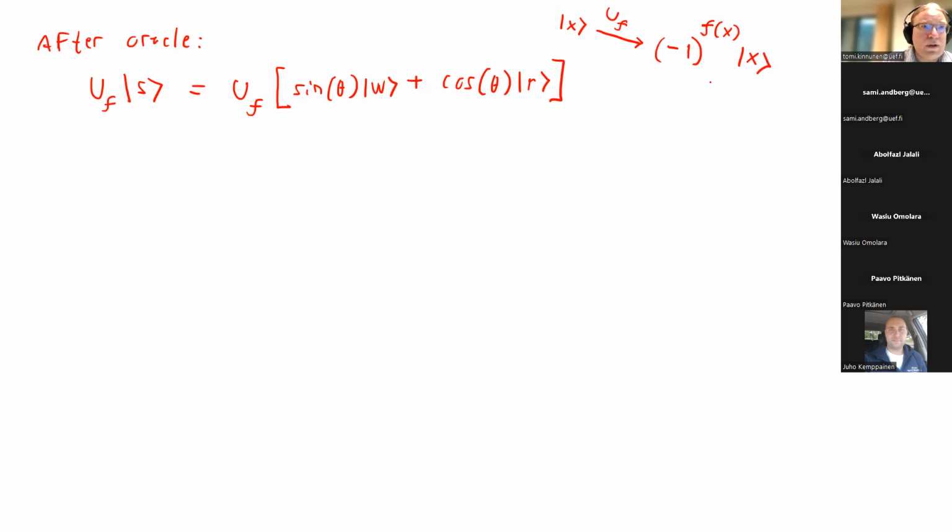That's what the Oracle does. In this Grover search algorithm, the f function equals 1 whenever we have the correct item, and 0 everywhere else.